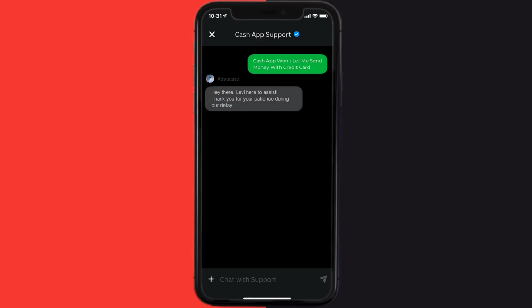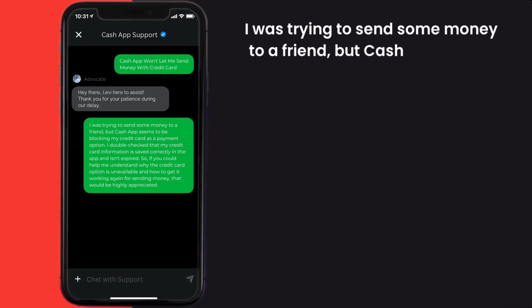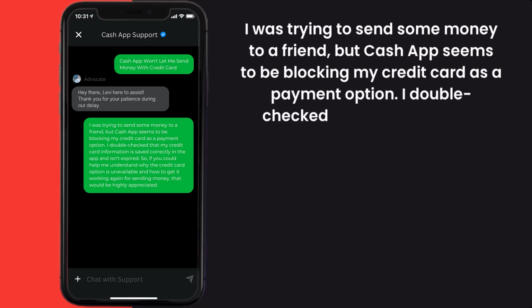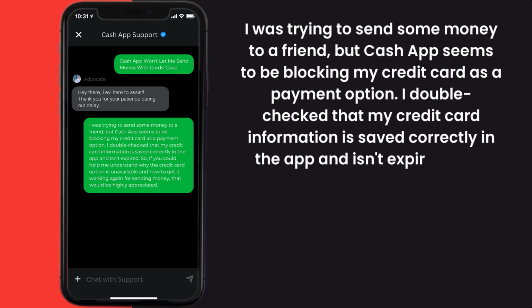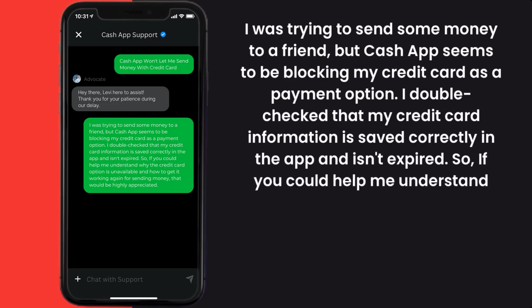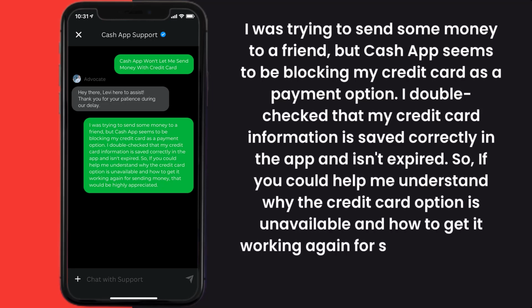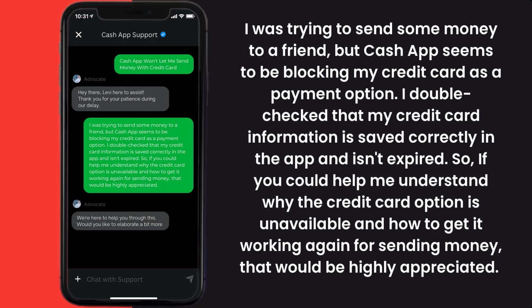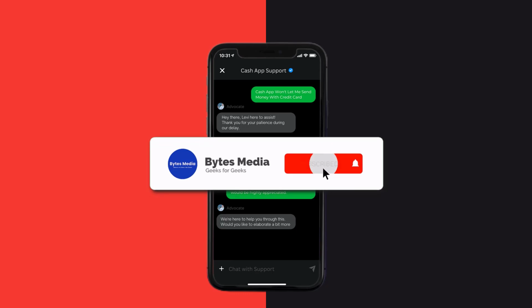You can type something along the lines of, "Hello team, I was trying to send some money to a friend, but Cash App seems to be blocking my credit card as a payment option. I double-checked that my credit card information is saved correctly in the app and isn't expired. So if you could help me understand why the credit card option is unavailable and how to get it working again for sending money, that would be highly appreciated." Hopefully, the Cash App customer representative will help you fix Cash App if it isn't letting you send money with